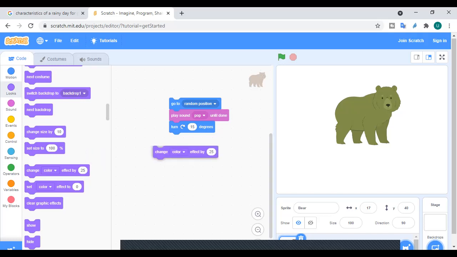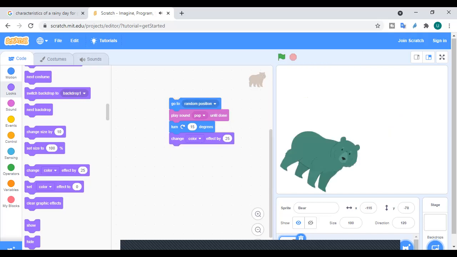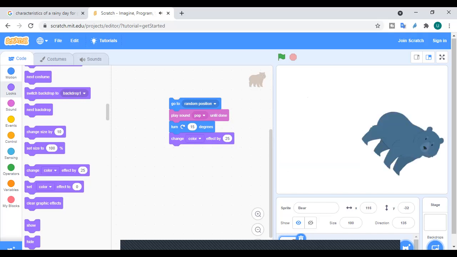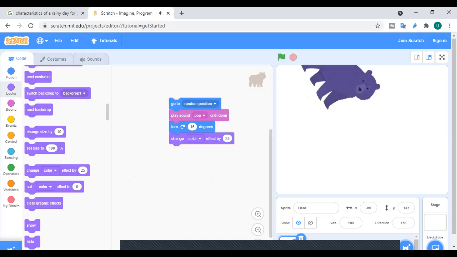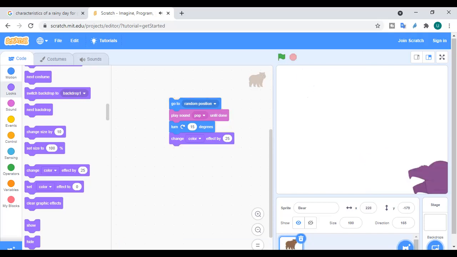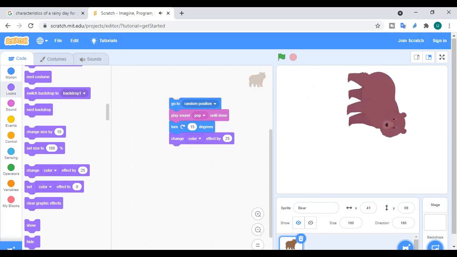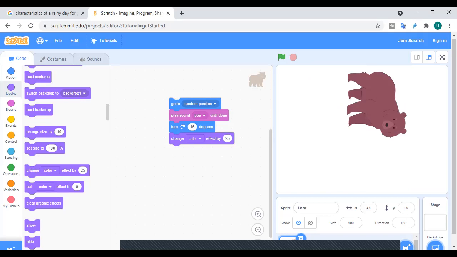Now, if I drag it over here and attach it over here, now if I click on this, it will do all of these things together. See, it is going to random positions, it is playing the sound, turning as well, and then it is changing the color as well. See, so all four functions are happening at the same time. So this is today's lesson. What we have learned is how we can change the look of the sprite. First, you are supposed to go into the Looks option, then find the block which says change color effect. Click on that and it will work. Okay, so it's very simple.